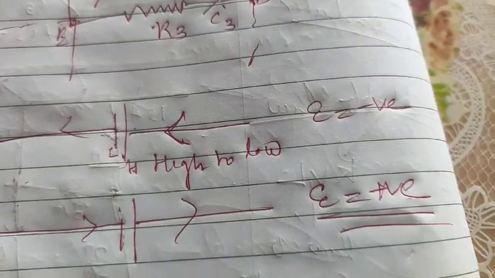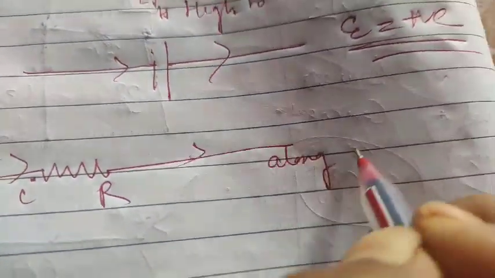Second thing, when you are going along with the resistance, it is negative. Means suppose current is like this, resistance like this. So when I am going along, it is minus IR. When I am going opposite of resistance, it is positive IR. Clear to you? This much you have to understand.